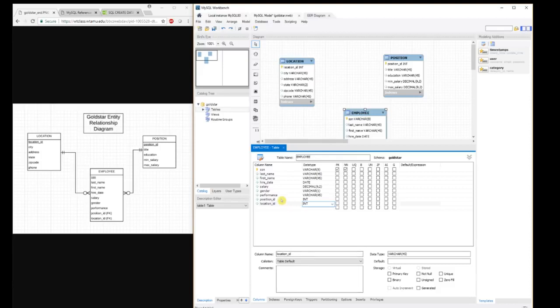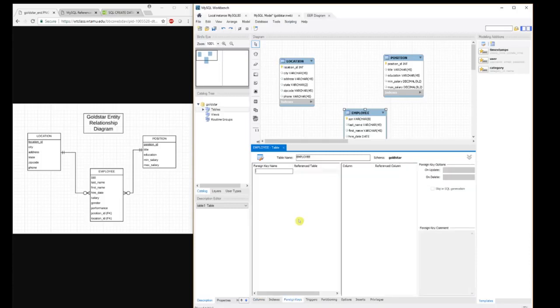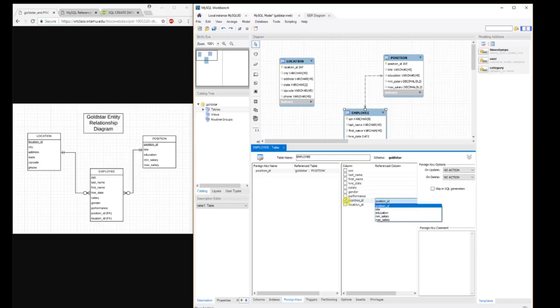table. Now, if we click back on the position ID, you'll see at the bottom we have some different options, and one of those is foreign keys. So I'm going to click on the foreign keys tab, and here we can put in some foreign keys. So our first foreign key is our position ID. So we'll put in the name of the foreign key, position ID, and then we will choose its referenced table. So the reference table is position, and you can see that it actually generated the cardinality, the relationship line, for us. The other thing that we need to do is check the column for position ID and select that position